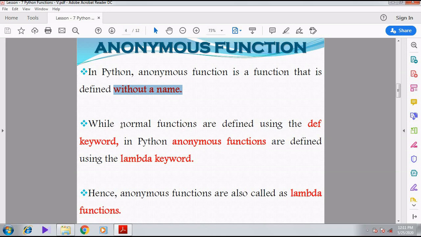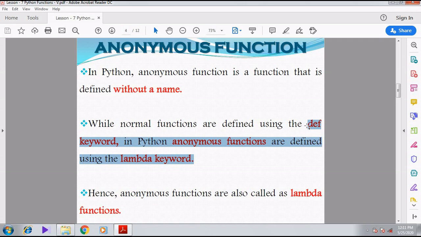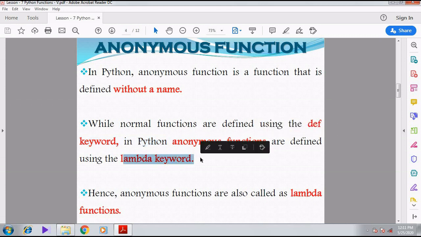Whenever we are defining a normal function, we give the def keyword. The def keyword is given in Python when we define a normal function. When you go for anonymous function, the anonymous functions are defined using the keyword called lambda. So using this keyword only, we define the anonymous function.